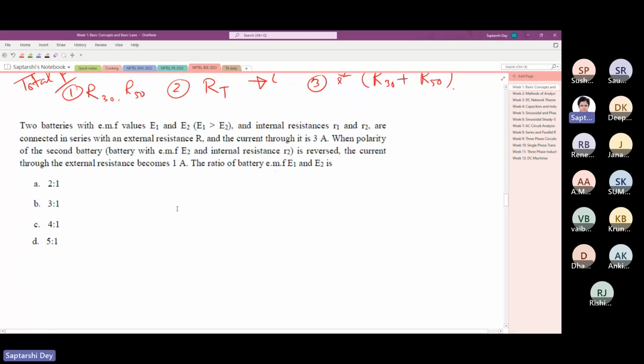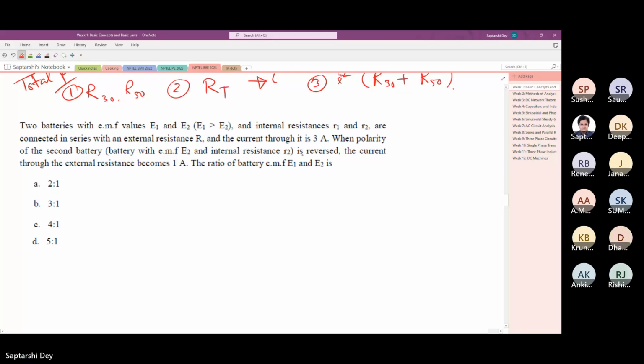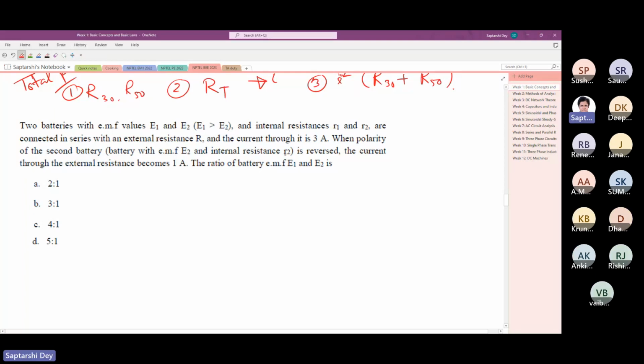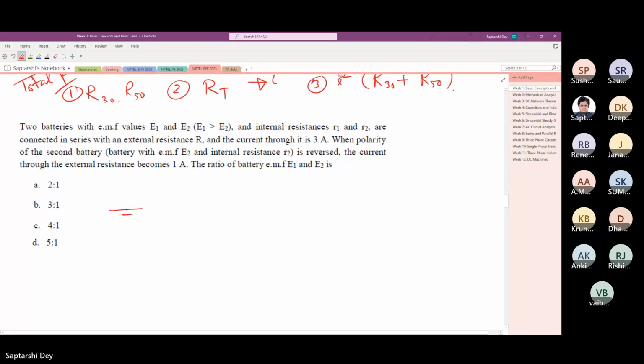Two batteries with EMF values E1 and E2 and internal resistances R1 and R2 are connected in series with an external resistance R, and the current through it is 3 ampere. When the polarity of the second battery is reversed, the current through the resistance becomes 1 ampere. So initially they had additive polarity, that's why the current was more, right? So initially what we had was